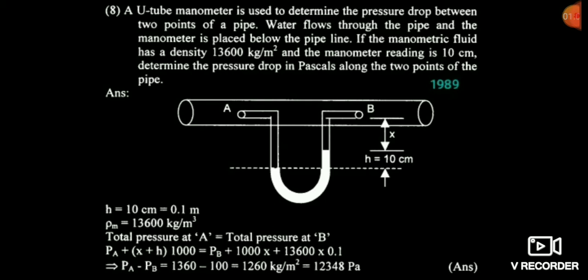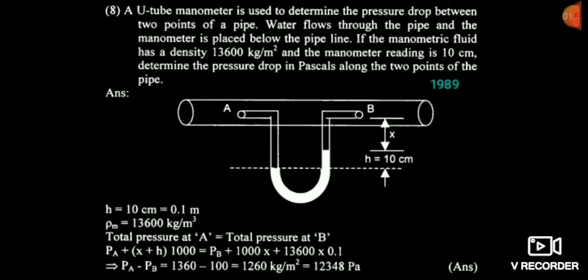Friends, whenever such questions are asked, in most of the questions they will give you the diagrams, and if they have not given a diagram, then you can remember this diagram of the U-tube manometer. Its shape is like this, and whenever fluids are flowing through the U-tube manometer, there is some imbalance in the level of mercury in the left limb and the right limb. In the right limb, the mercury level is higher by 10 centimeter.